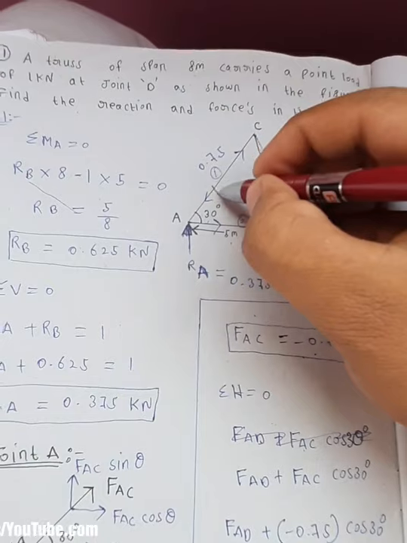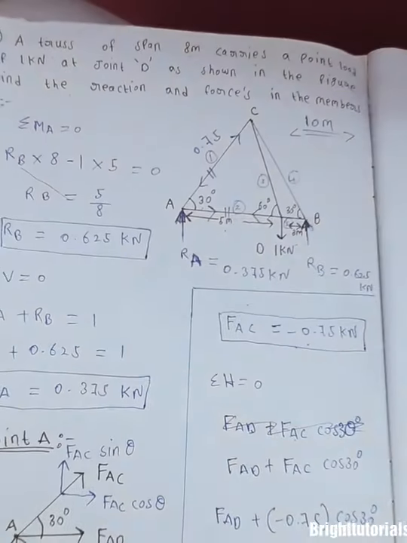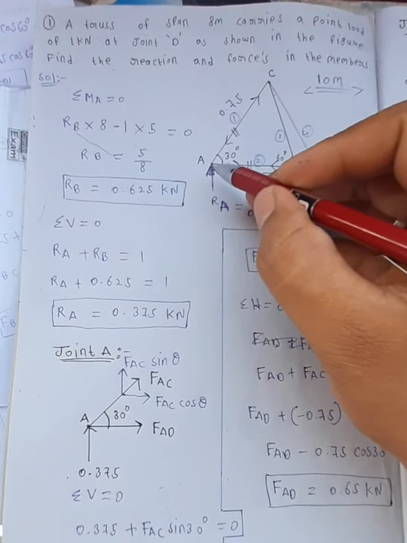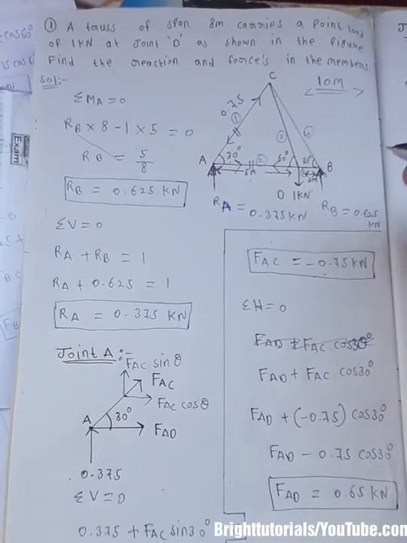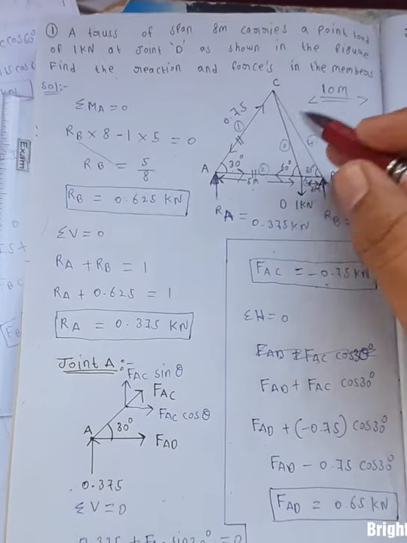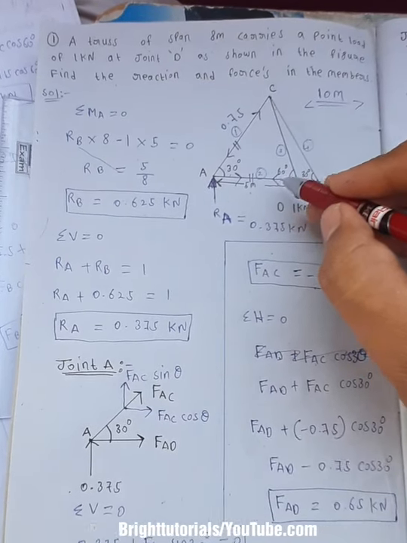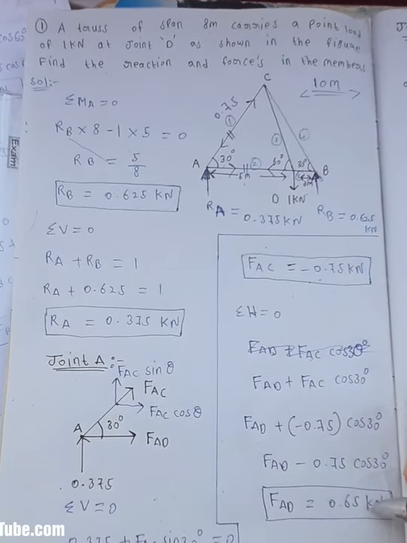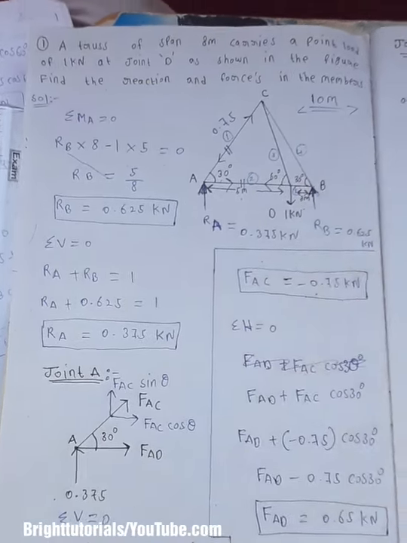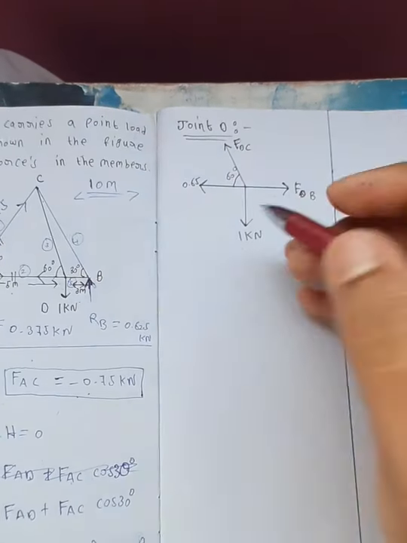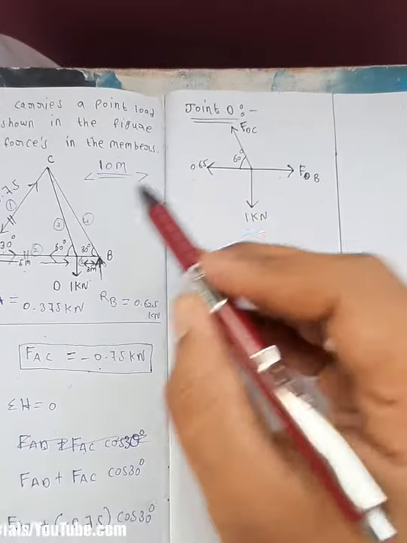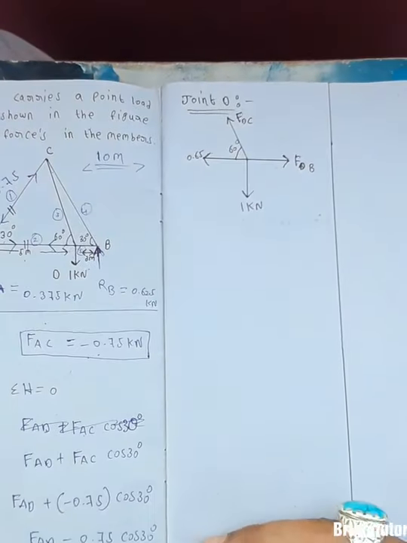Okay, we have completed member 1 and member 2. So now we have successfully completed joint A. So next we will go to joint D. In joint D, the forces are 1 kilonewton, and here we have recently found the force FAD, that is 0.65, sorry, 0.625. By seeing here, you can easily get clarification. 1 kilonewton, this is the 1 kilonewton, and this is the 0.625 we have recently found here.